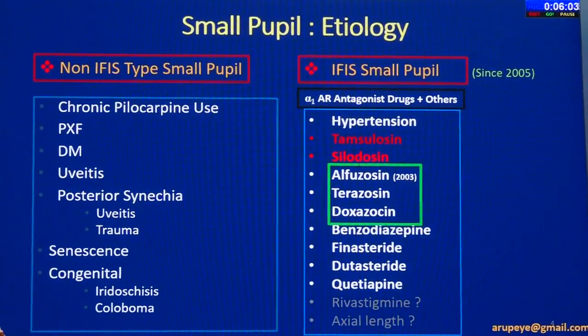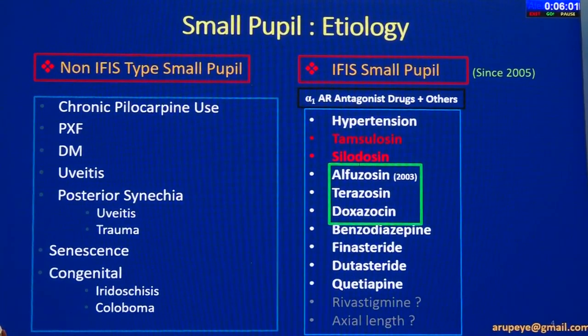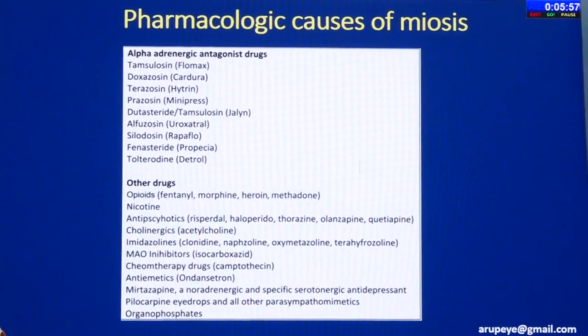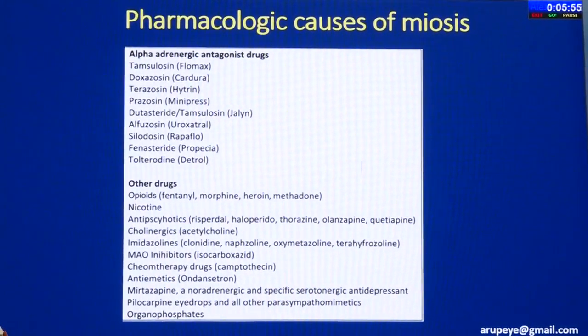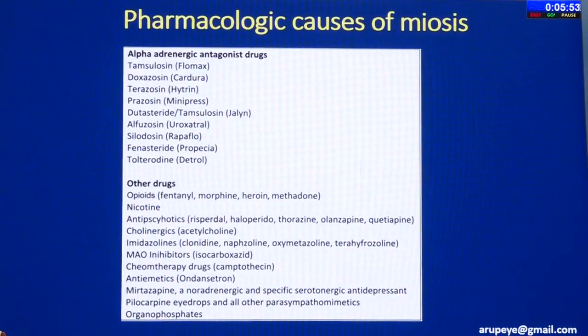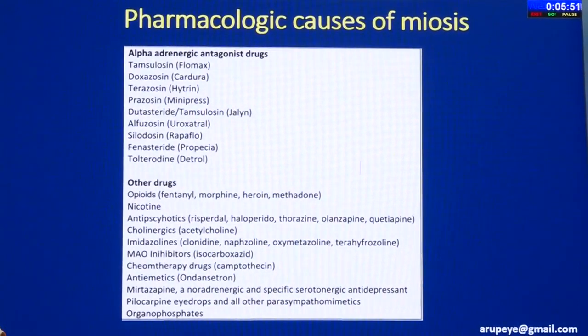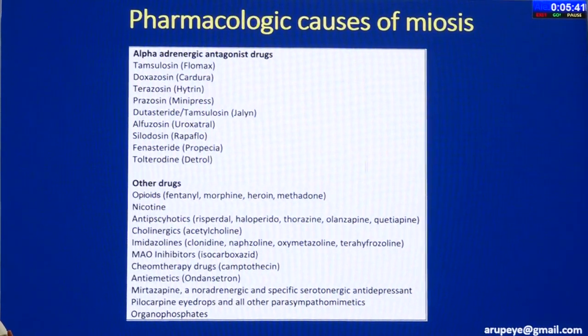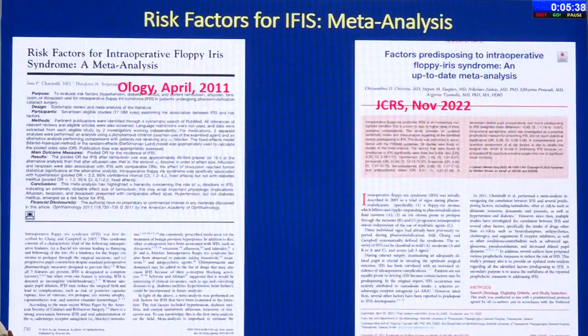Then antipsychotic medications like benzodiazepine and quetiapine are also implicated. So we definitely look into a drug history. This is a matrix which is put up in my preoperative counseling room. And in spite of all the best efforts, there are some patients who still get through this mesh work. And we finally find out that they have forgotten the history of tamsulosin intake.